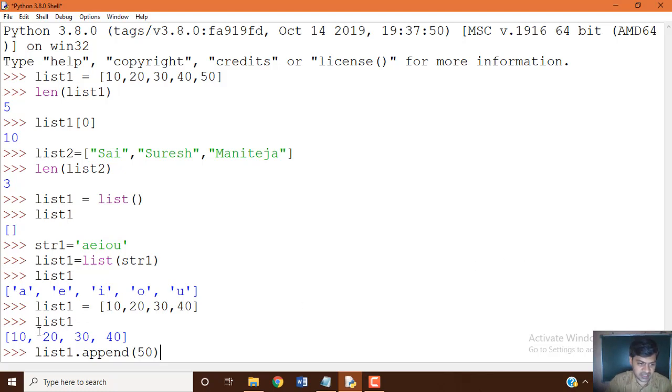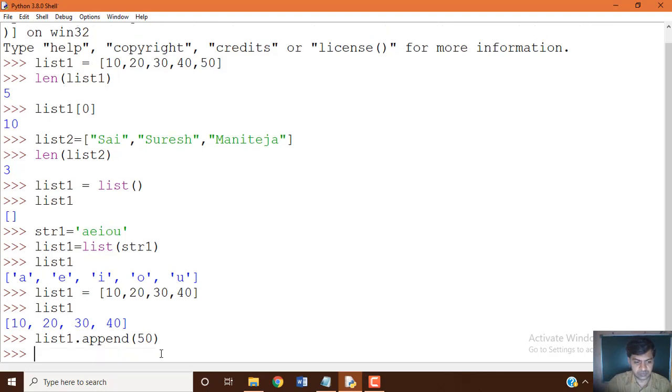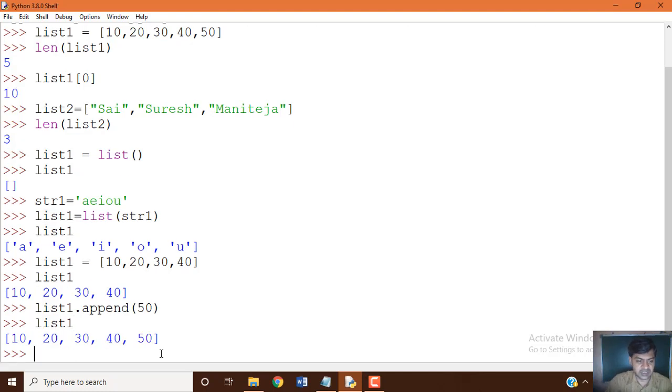Our existing list 1 variable has the data 10, 20, 30, 40, and after the 40 this 50 will be added at the end of the list. Now just print the list variable again. You can see the new data item is added at the end of the existing data items; that is how the append function works.